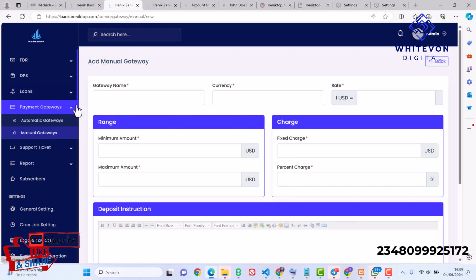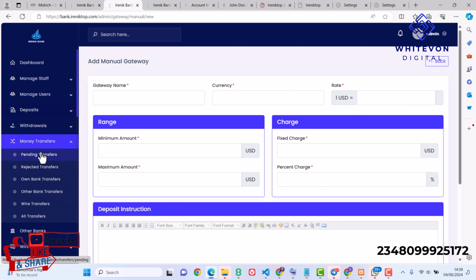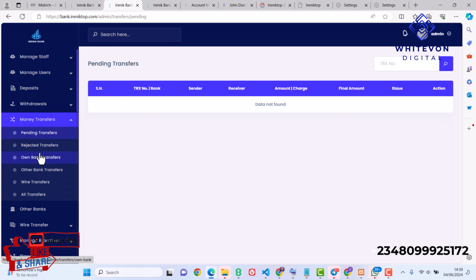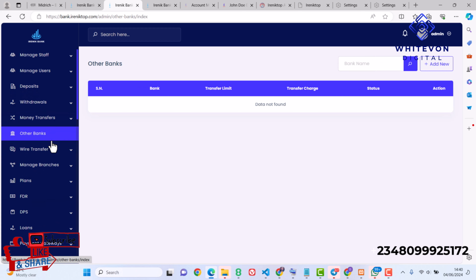So the next thing we have is the transfer money option, which says money transfer. It says pending transfer. For now, we haven't performed any transactions on any of these, guys, so definitely it's going to say no data found, guys. So the next thing we have is other banks, and currently we do not have any banks added to this system. So the cool thing is that we can just head up to this place and then add new banks